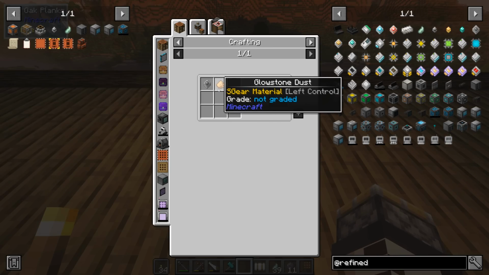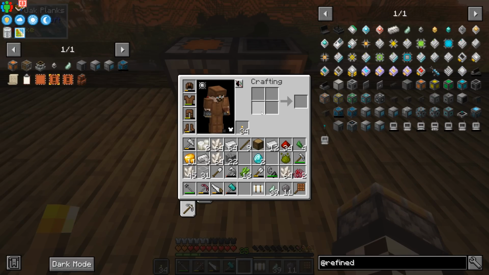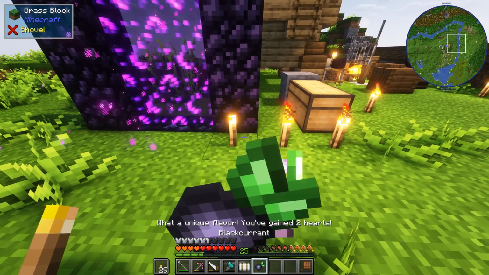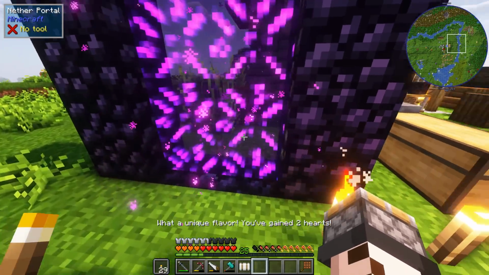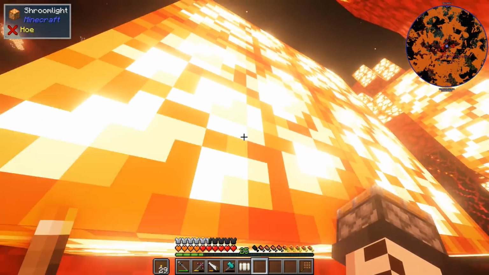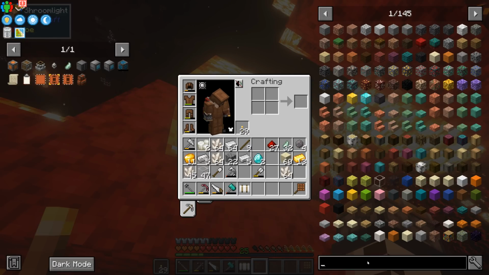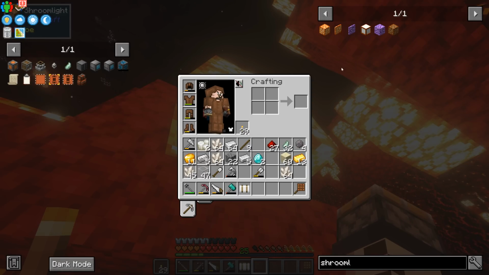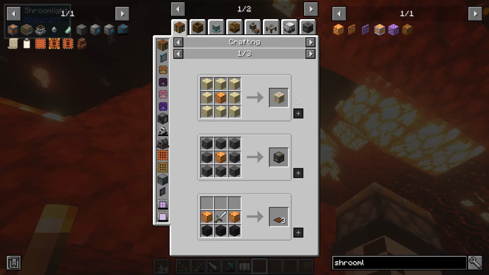Ooh, yeah, look at this glowstone. Who's got time for that? Well, unfortunately, we have to make time for it. There we go, 2 hearts. Oh man, we are storming through this hearts mod. Okay, glowstone. Can I turn shroom light into glowstone? Glowstone. Shroom light. Used for...